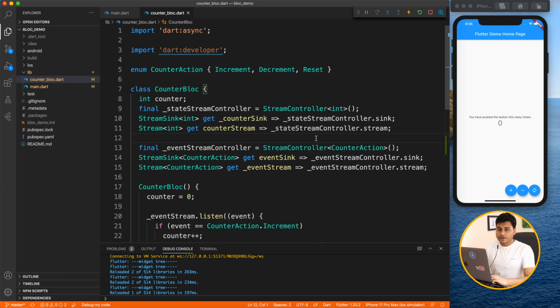I was talking about single subscription and broadcasting. If you define your stream controller this way, it creates a single subscription stream controller. What does it mean? At any point of time in the life cycle of the stream controller, there can be only one subscriber. Whoever is listening to the events or outcome of the stream, there can be only one. And if someone else tries to listen to that, it will give an exception that there's already